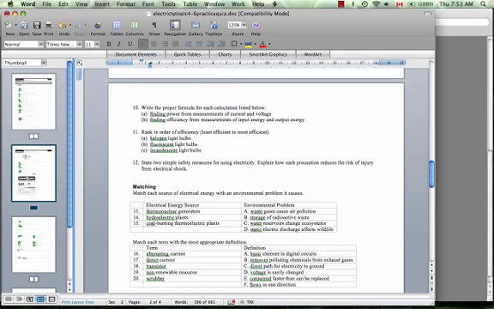Write the proper formula for each of the following. Finding power when you have current and voltage. So power equals current times voltage. Find efficiency with input and output. So efficiency equals the